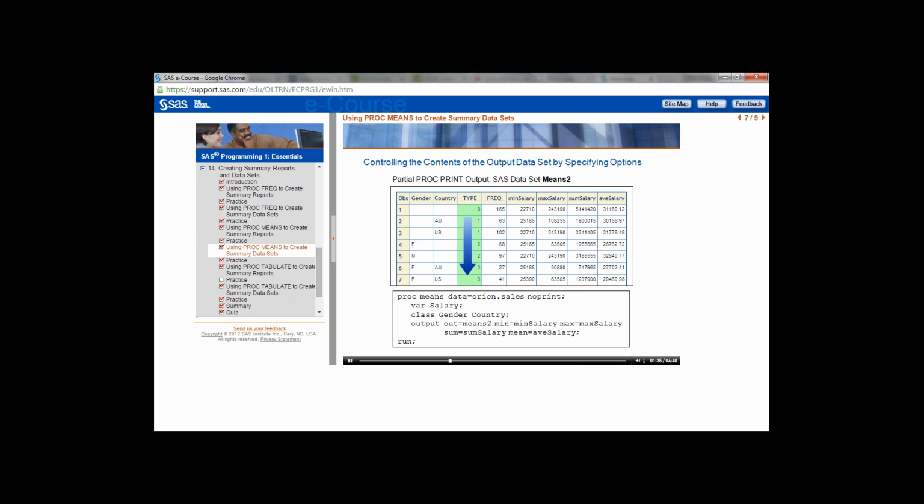By default, the observations in the output data set are sorted in ascending order by the values of _type_. Now, suppose you want to sort the observations in the output data set by _type_ values in descending order. To sort the output data set by _type_ values in descending order, you can specify the DESCENDTYPES option in the PROC MEANS statement. Now that DESCENDTYPES is specified, the observations in the output data set are sorted by descending values of _type_. Let's remove DESCENDTYPES and return to an output data set that is sorted by ascending values